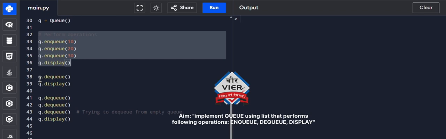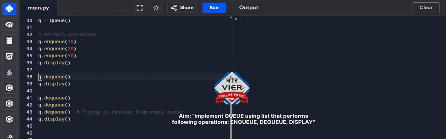4. queue.dequeue(): 30 is removed. The queue is []. 5. queue.dequeue(): the empty check condition, len(self.queue) == 0, is met, and the program correctly outputs, "Queue is empty. Cannot dequeue."